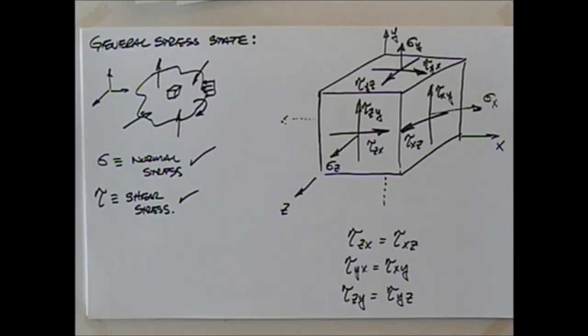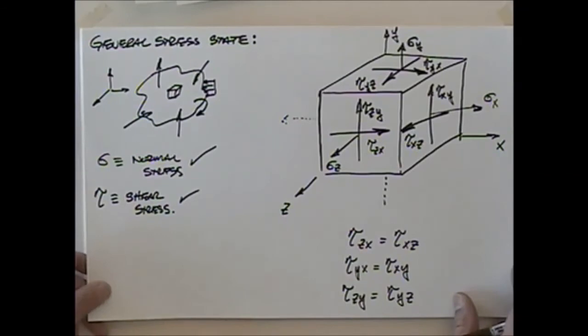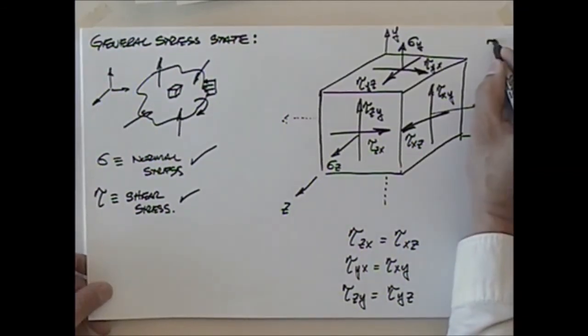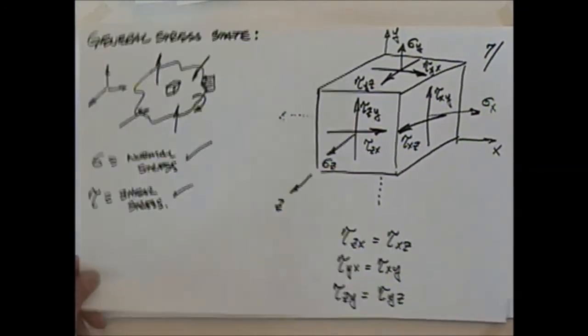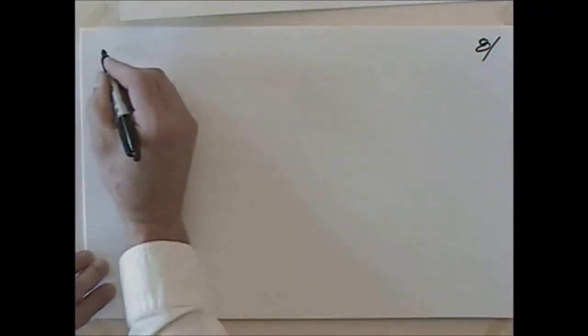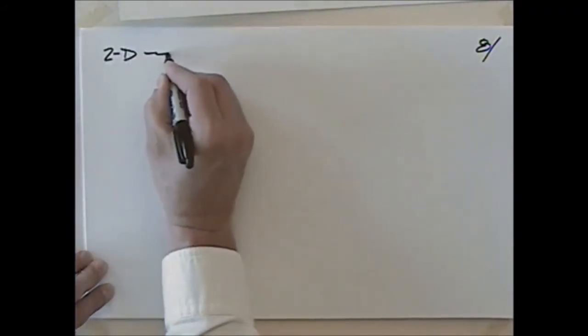Now what I'd like to do is probably control this a little more and look at something initially that's a little easier to look at, and that's a 2D, or what we call plane stress. So are there questions with this? So let me go on and look at plane stress then. So with 2D, or what we call plane stress,